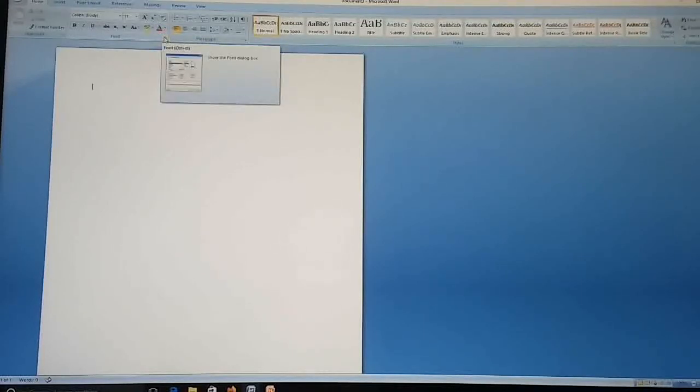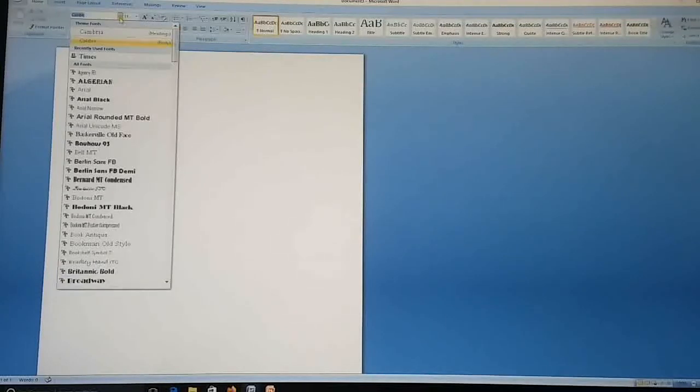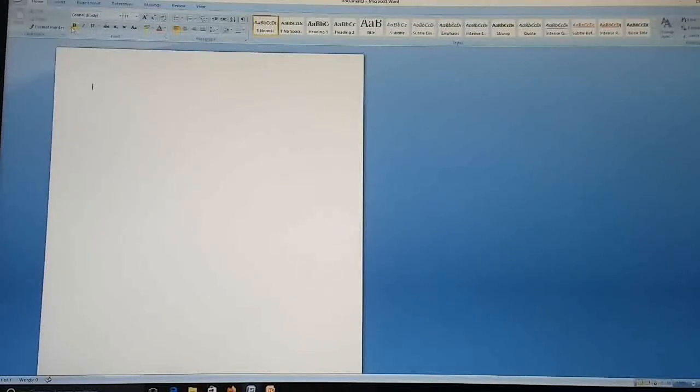Here we can change font style and font size, we can decrease size, we can do bold, italic, underline, superscript, subscript, and we can also change case.